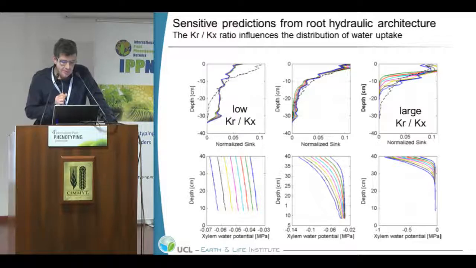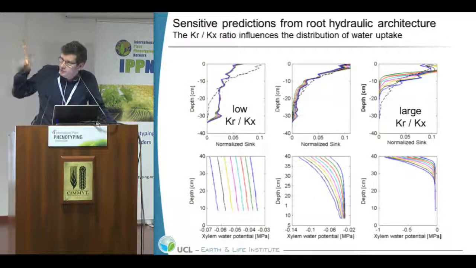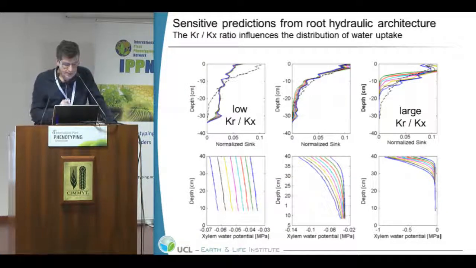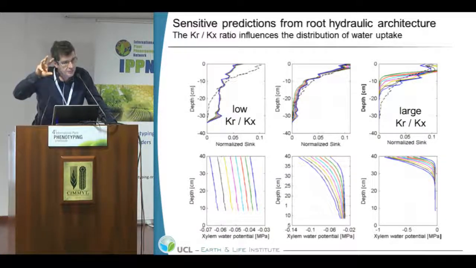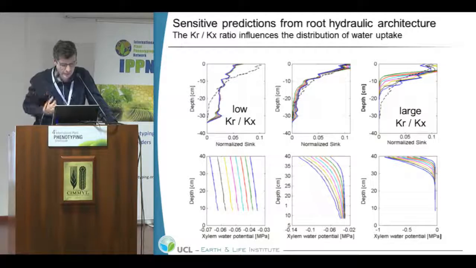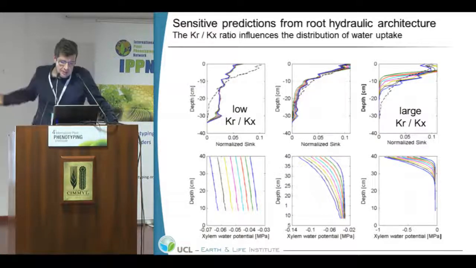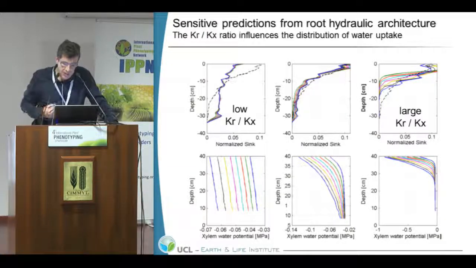We also used this model for a very interesting prediction that relates more to aquaporins and xylem vessels. It is trying to simulate and predict the uptake of water as a function of depth in 3 different scenarios: left, middle, and right. Left is a low ratio of radial conductivity of the root to the axial conductivity. So you could simplify and say radial conductivity is large if you have large aquaporin expression. That's an idea we can test. While on the right side, you have a large Kr over Kx, which means a high expression of aquaporins and probably relatively low